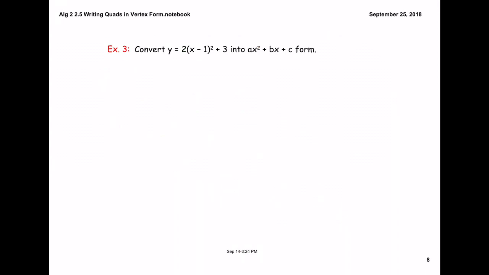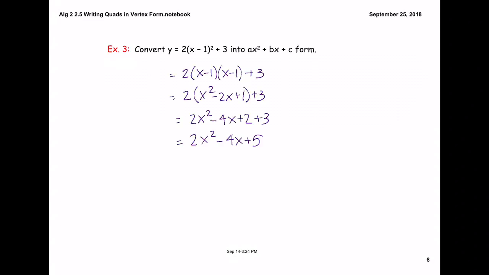In example 3, when you're converting vertex form to standard form, you're simply going to distribute and follow your order of operations. When you distribute,